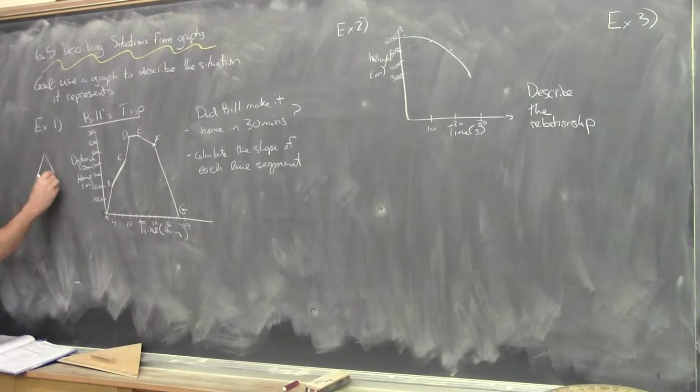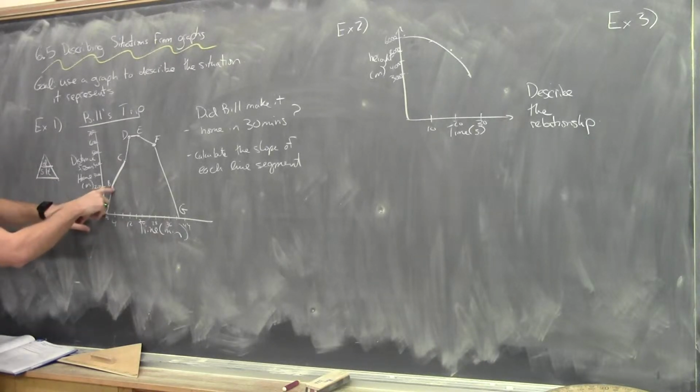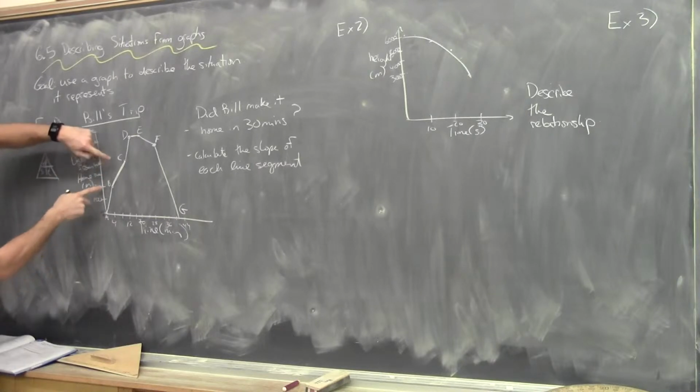I think there's that triangle. It looks like that. You might have learned it from science class. So speed is equal to distance over time, distance is equal to speed times time, and time is equal to distance over speed. Okay, so what we find out then is as he moves further away from his home,